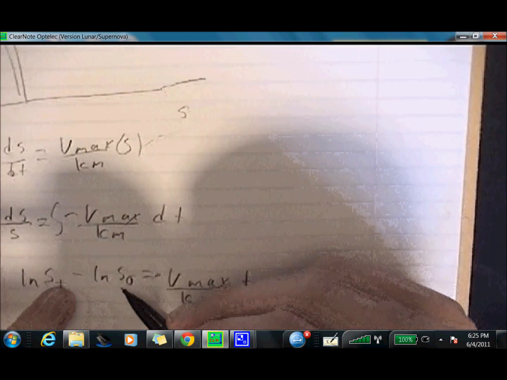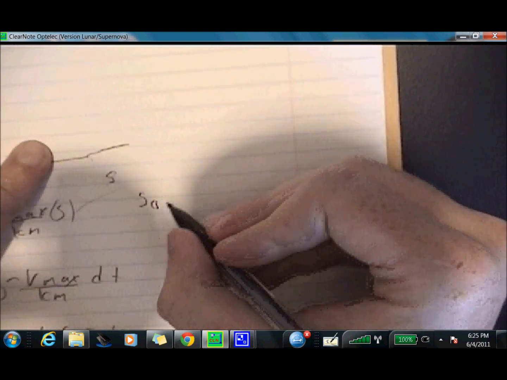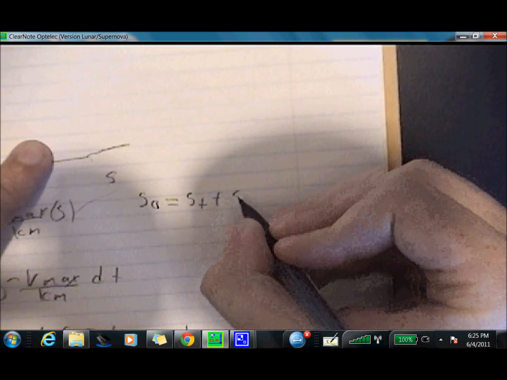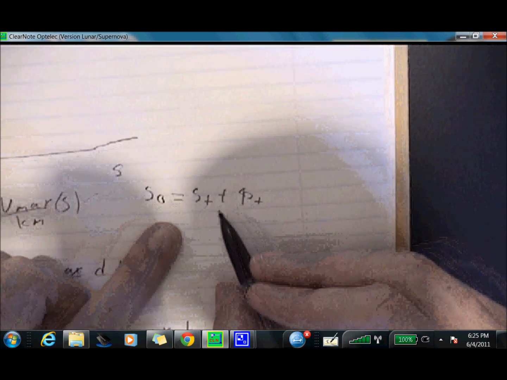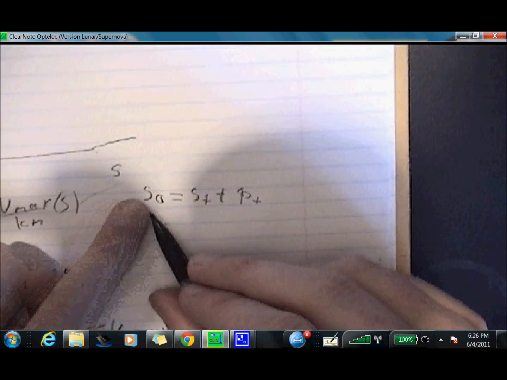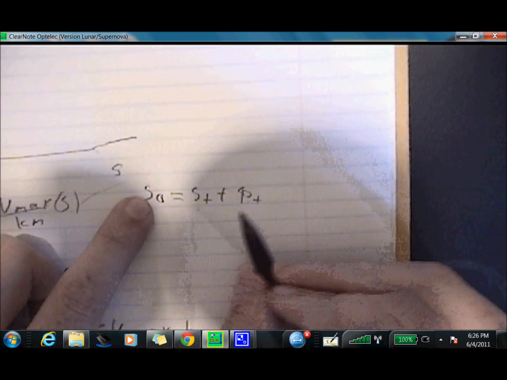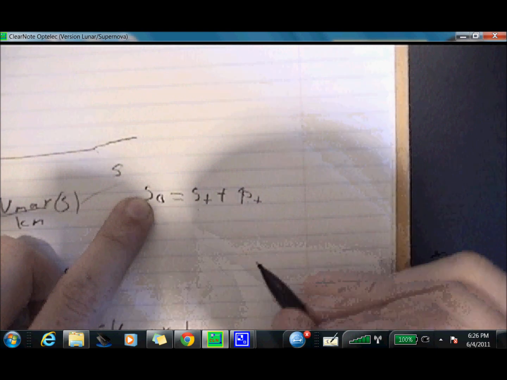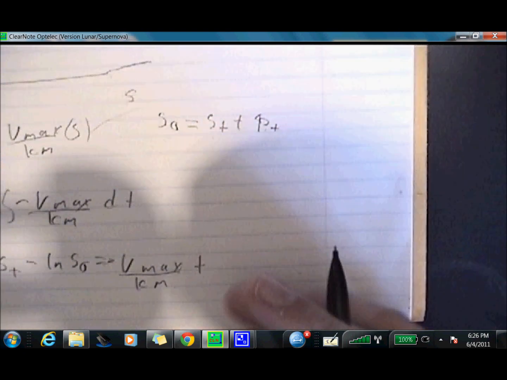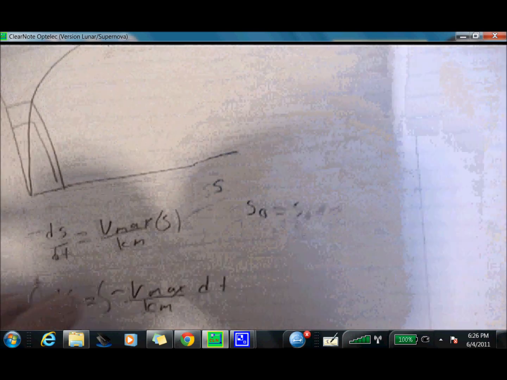That isn't in this equation, but we do have another equation, and that is S0, which is the substrate I have at the beginning, is going to equal St plus Pt. So substrate at a given time t plus product. What that means is that our initial substrate is either still substrate or in the product form. This total amount is never going to change. I'm going to bring this all back around. So we can also combine this too. We can say that